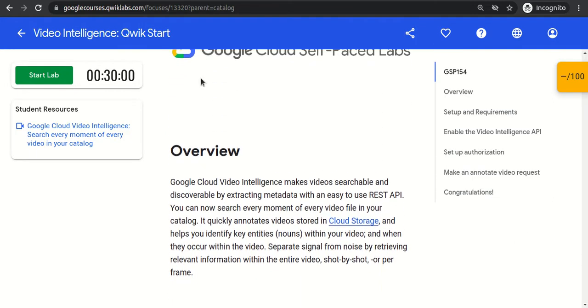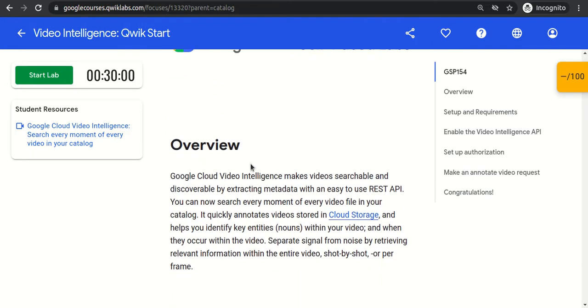So what this will do basically is we will give a video file as an input, right? There is some specific format of video file which it will accept.